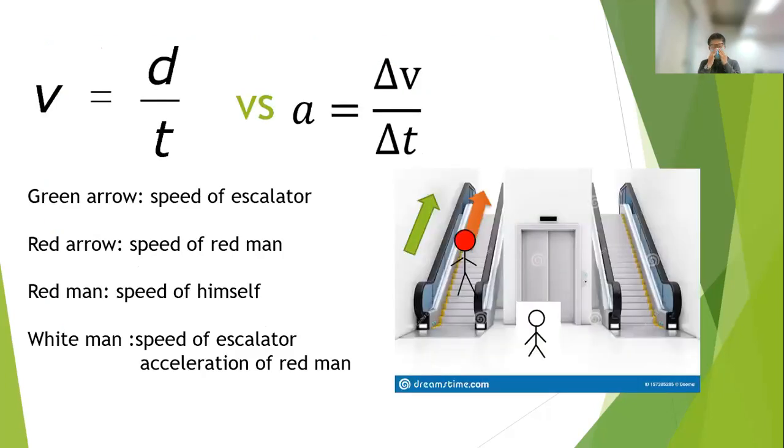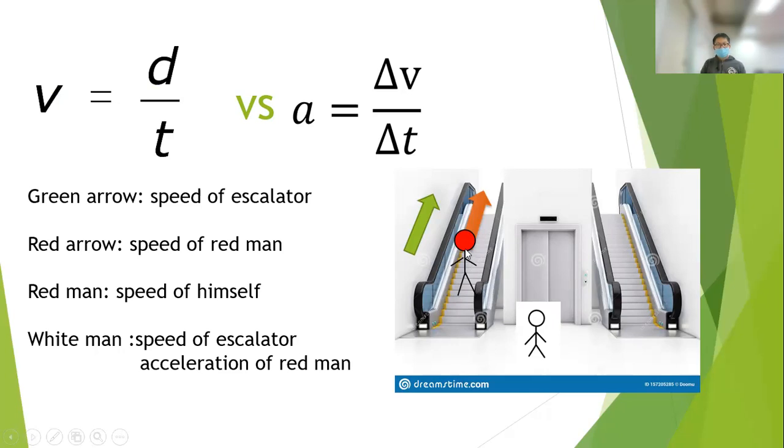This is a further explanation of acceleration. As we can see, velocity is distance divided by time. Then acceleration is velocity divided by time. It means the change of velocity per unit of time, whether increased or decreased. So here's an example. There are two guys: one is the red man with a red head, and one has a white head. Imagine you are the red man